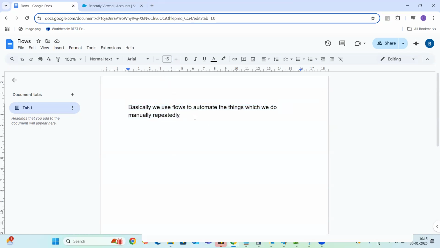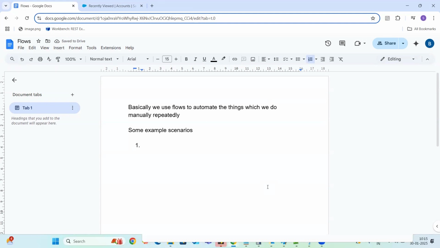Okay. All manual things. There are some example scenarios. There are many automations.